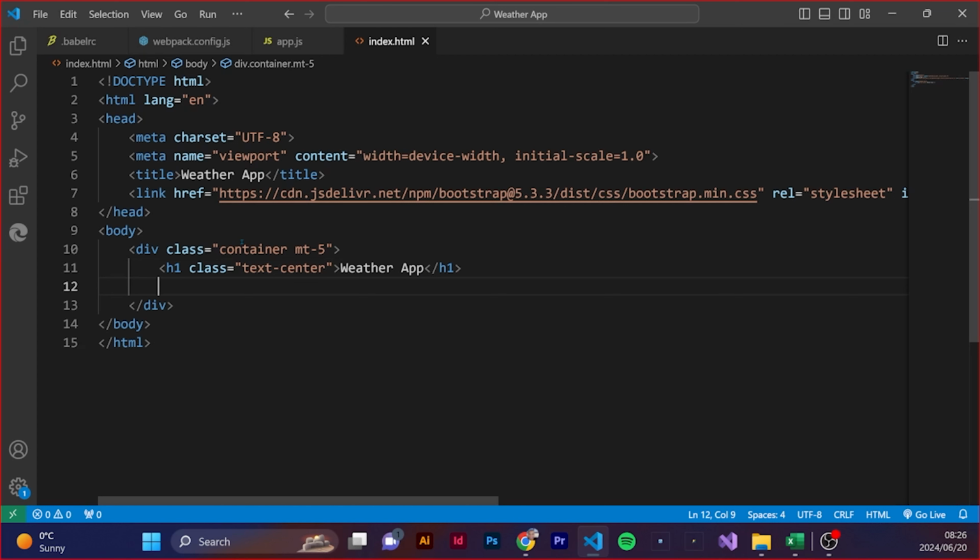And then we're going to have the form with the ID of weather form. You can actually put a class,